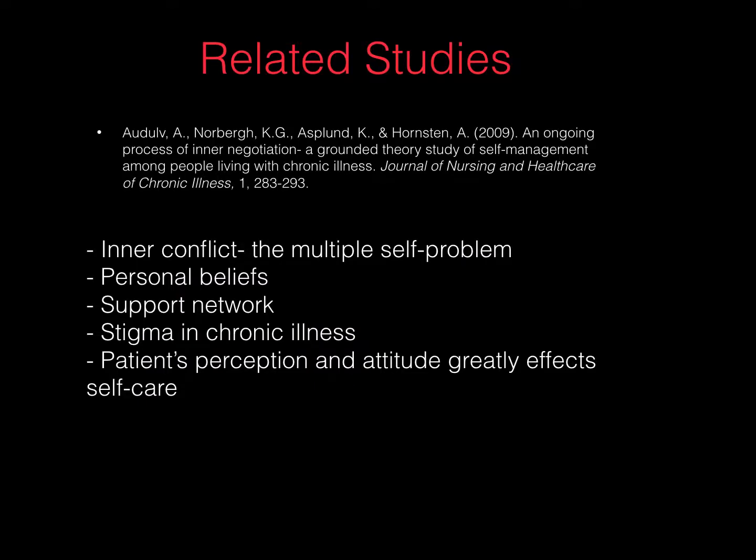All right, so one supporting article, they interviewed 26 adults with a variety of chronic illnesses, and their main focus was to understand the main concern of self-management in people with chronic illnesses. They found individuals have their own beliefs about the illness and its severity, and they also have the capacity to make their own decisions. They found inner conflict called the multiple self